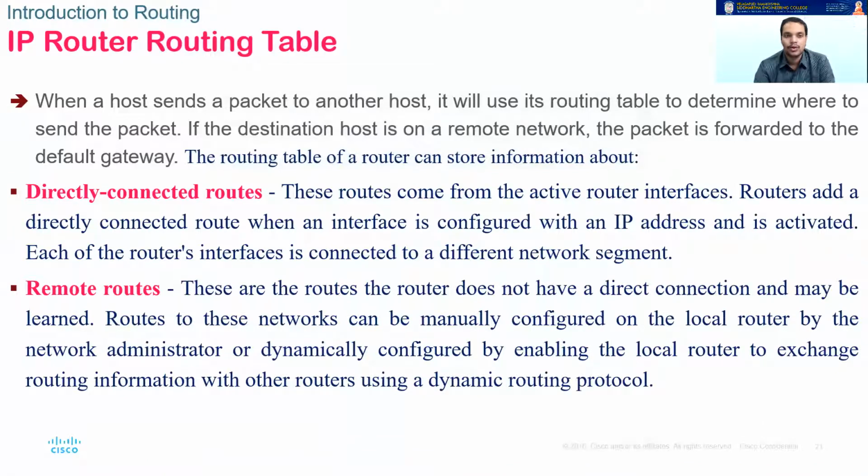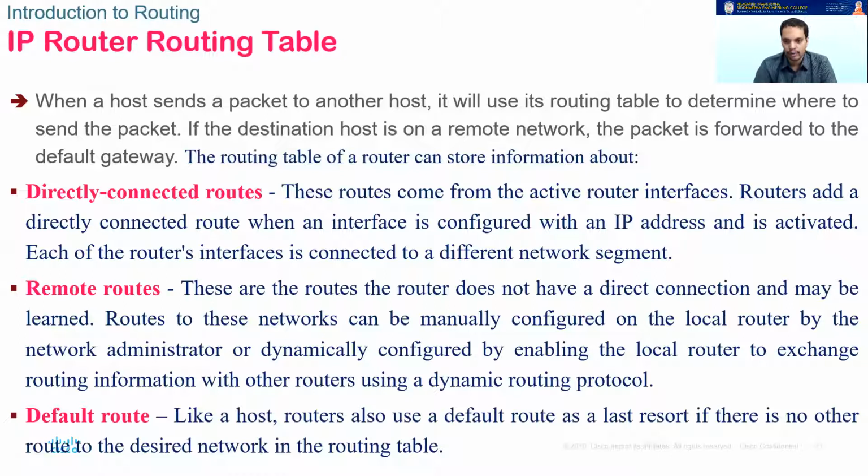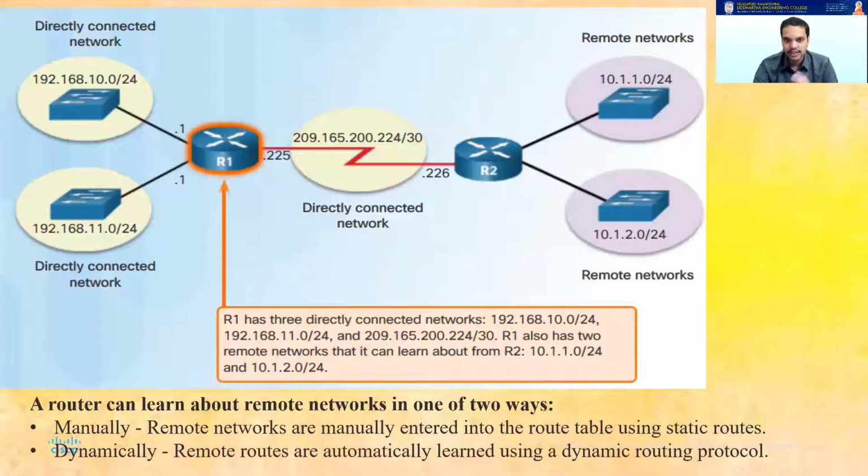The second one is called a remote route. A remote route is one where it does not have a direct communication link. So how to go there? To what interface should I forward my packet next in order to reach the remote destination? And the third one is a default route. The default route is usually set by the network administrator, and sometimes it will also be the default gateway address. If you don't understand these things, check this diagram out. It will be very easy to understand.